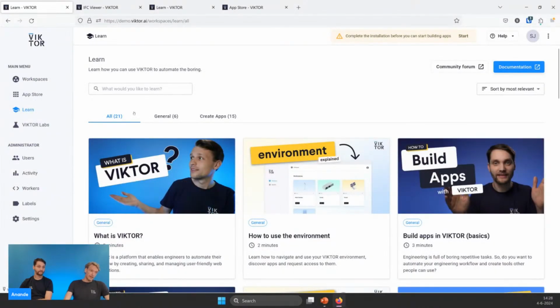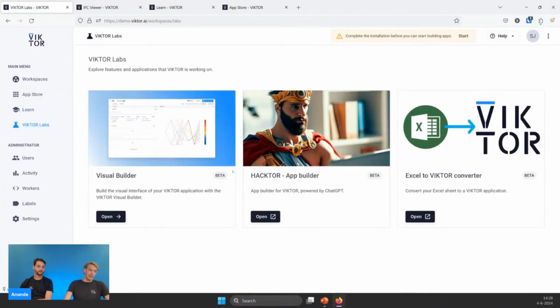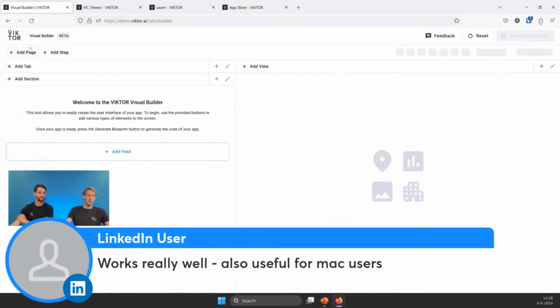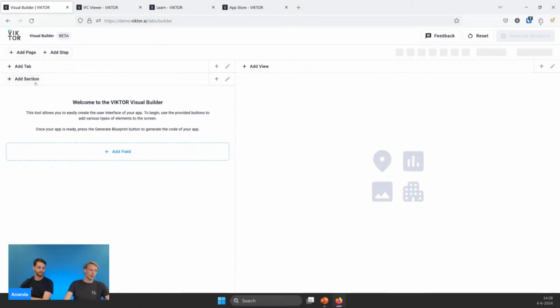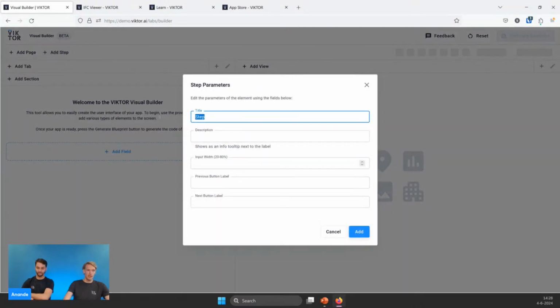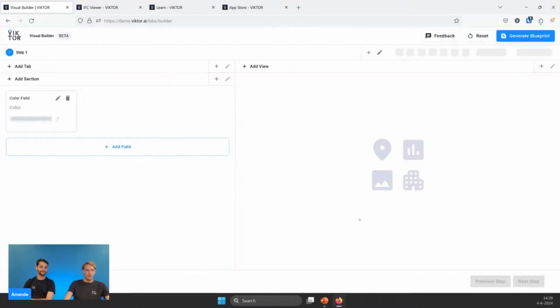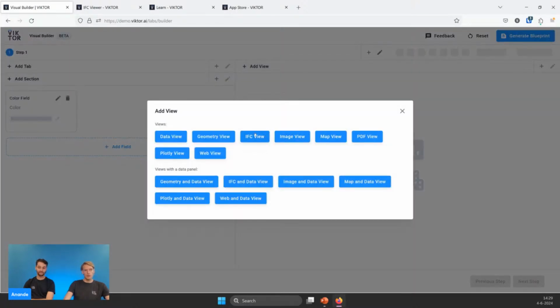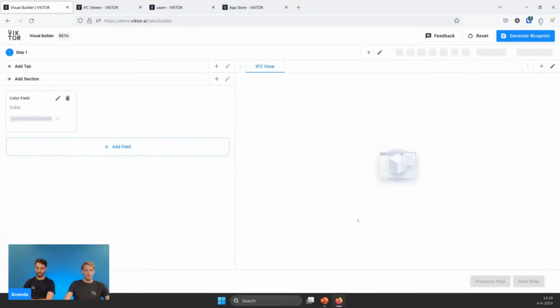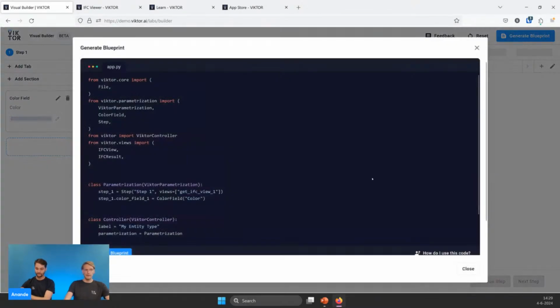Okay. The other thing which is quite new is mainly for people with less experience, but we notice that people who do have some experience with Python are using it already: we have created a visual builder. Basically, you can create a VIKTOR app in a visual way. For example, you can easily add steps, say I have a certain step 1, etc. I can add all kinds of fields that are available, and based on this, you can add all the views. Then if you create this app, you can generate a blueprint,